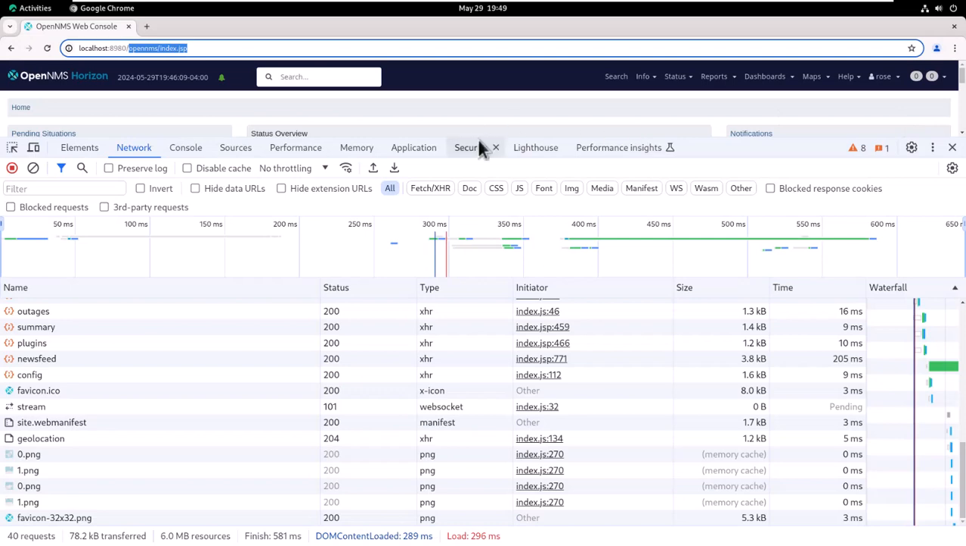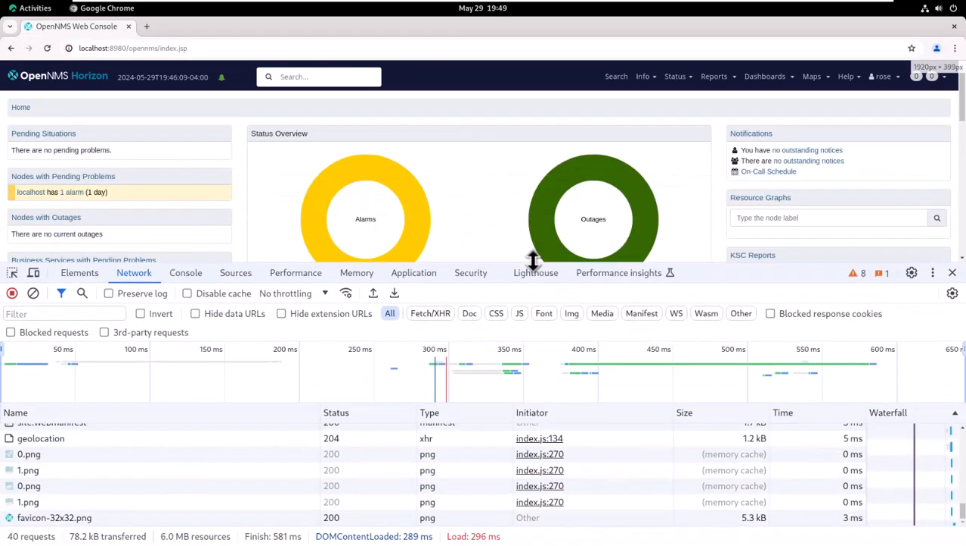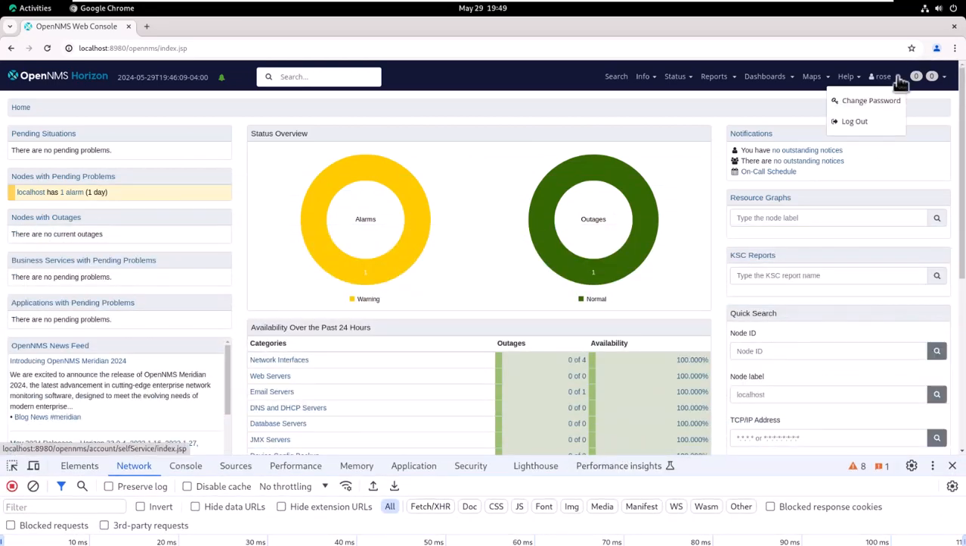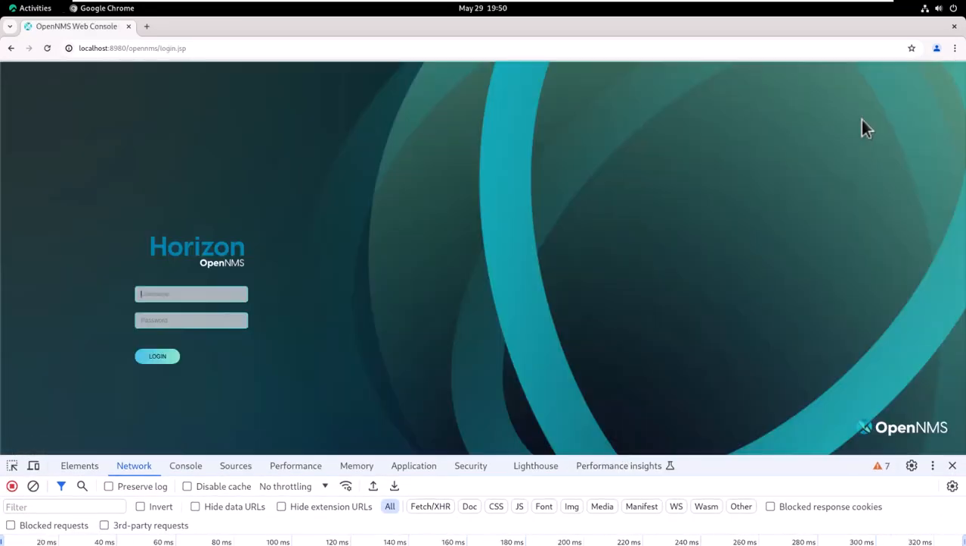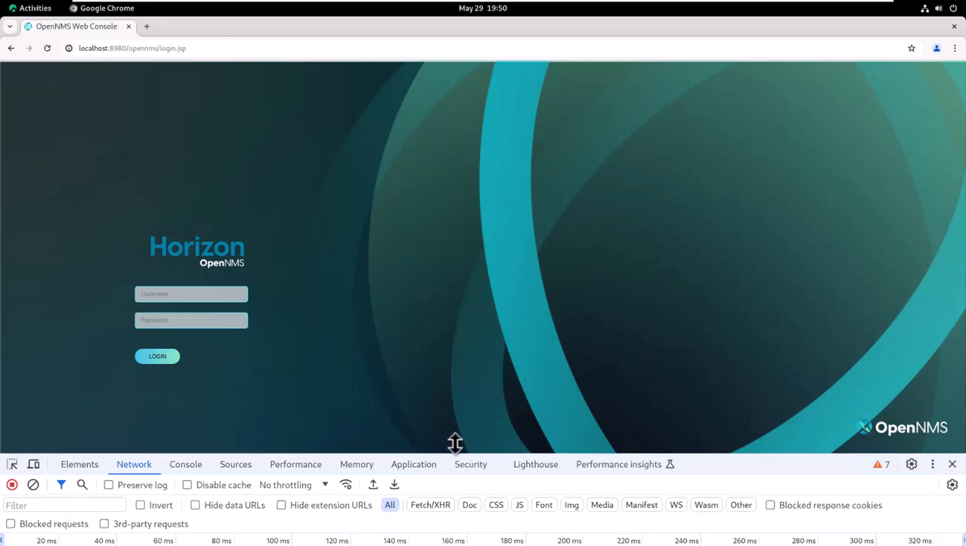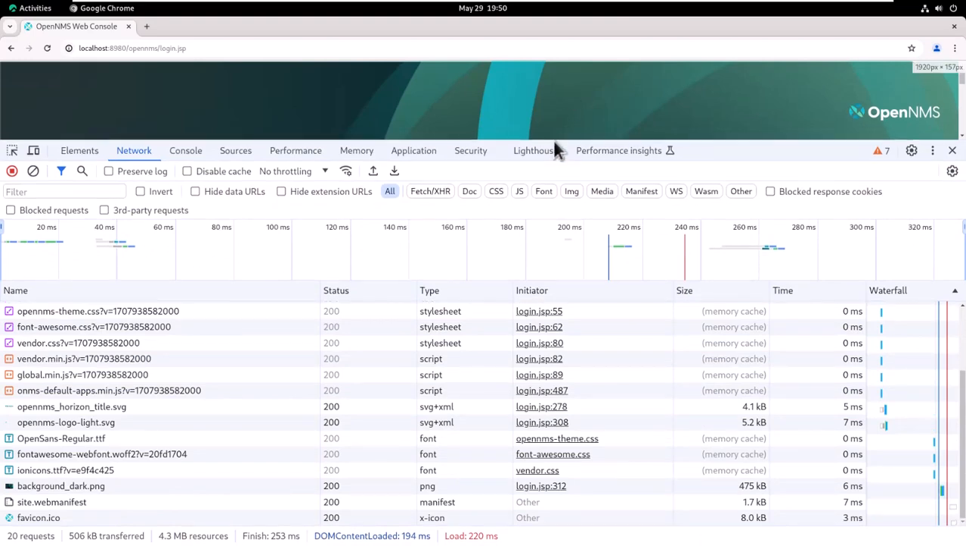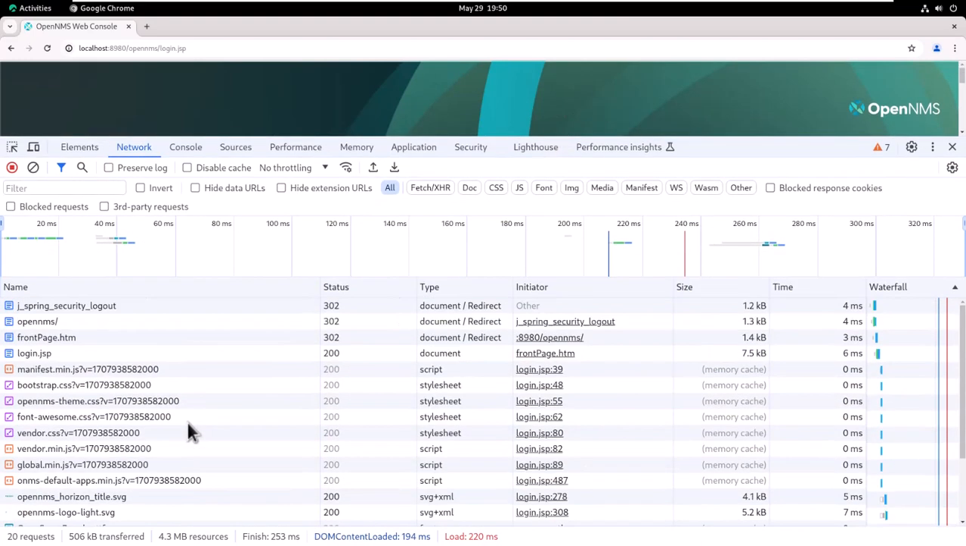Before logging out as Rose, clear the network debugger. Shrink the debugger space. Log out as Rose. Notice the final page is /OpenNMS/login.jsp. Increase the debugger space. Scroll to the top and click on